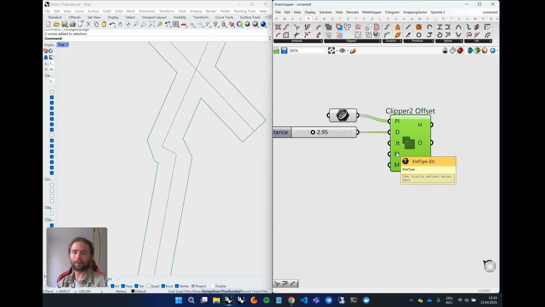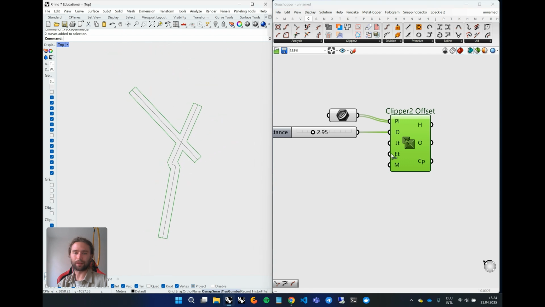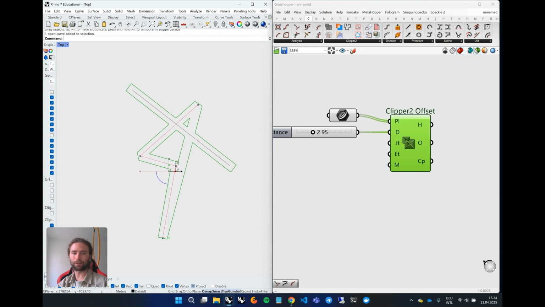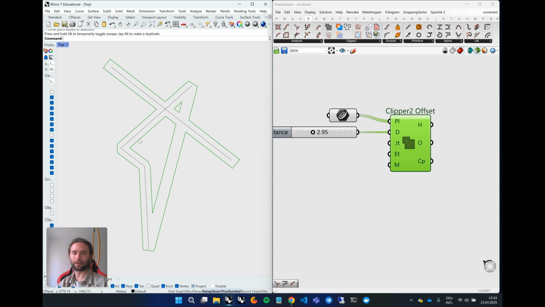Yeah, and then let's jump to the end type. It's another input to the Clipper offset. End type can be of a type but or joined. And joined here means that even though our original line is not closed, it will still close it. It will still connect the first point and the last point, like this. So I would try to avoid it just because it introduces some